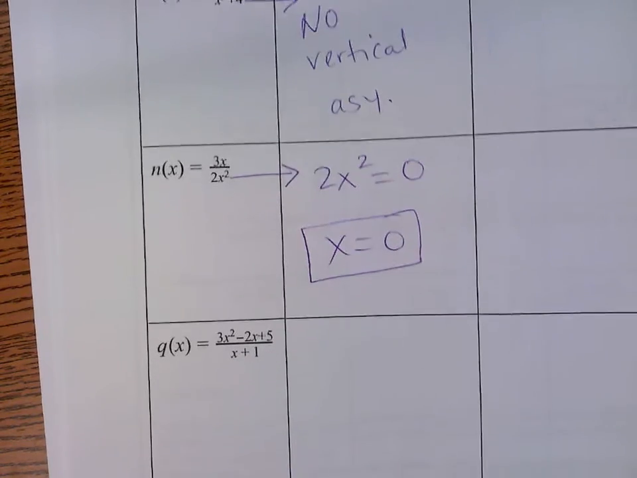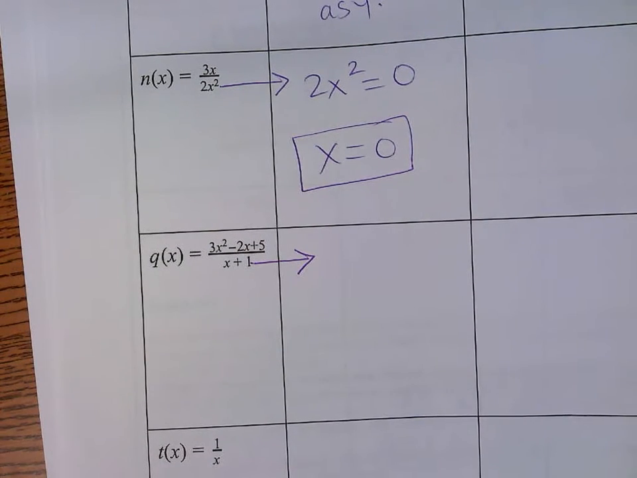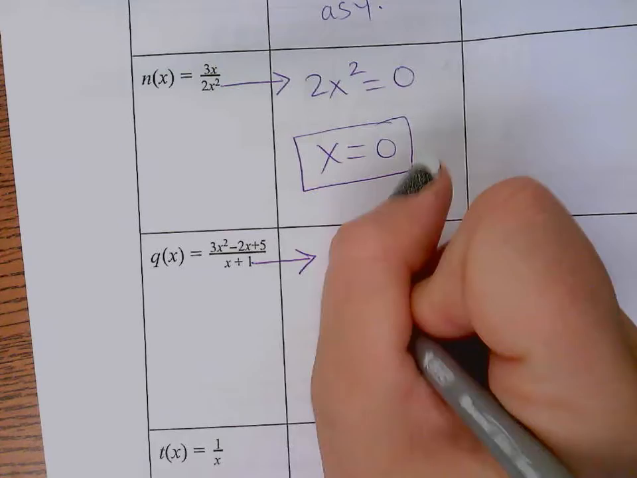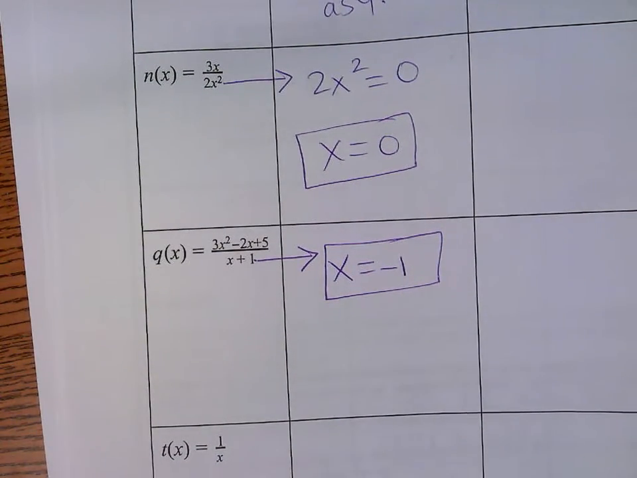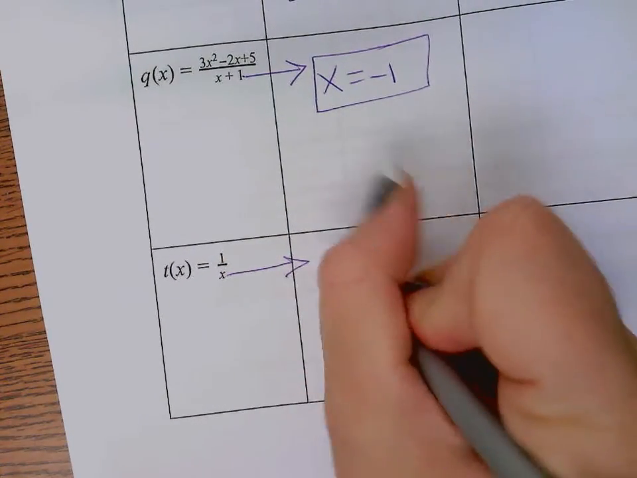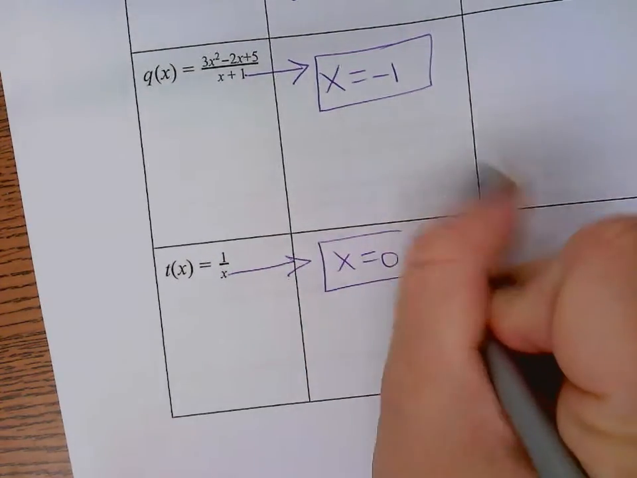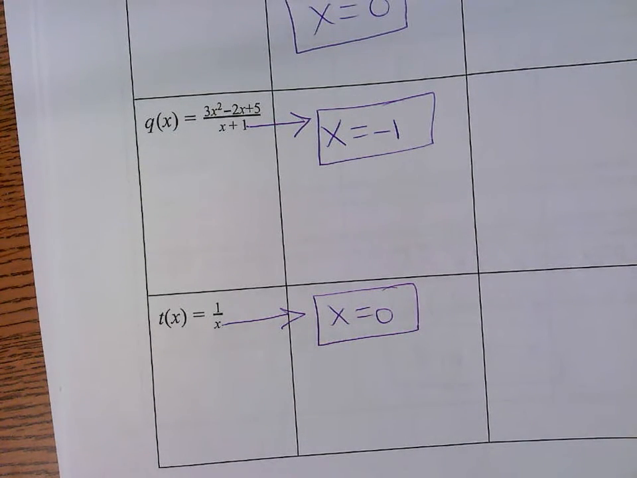All right, what about the next one? Your eye should just be seeing it now, I hope. What makes the denominator undefined? Negative 1. So x equals negative 1 is your vertical asymptote. And then the last one is just 0 again, right? X equals 0. So you have to train your eye to look at one thing at a time so it's not too overwhelming. So we've done plugging in 0, then we just looked at the numerator, now we're just